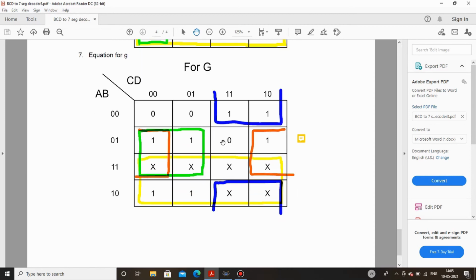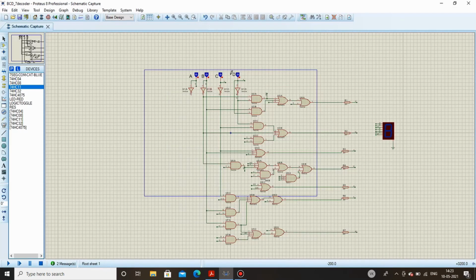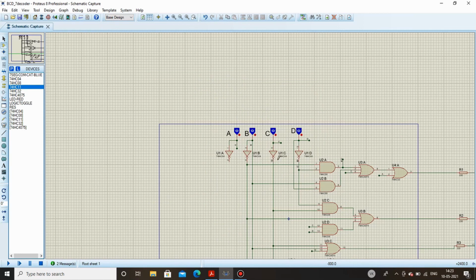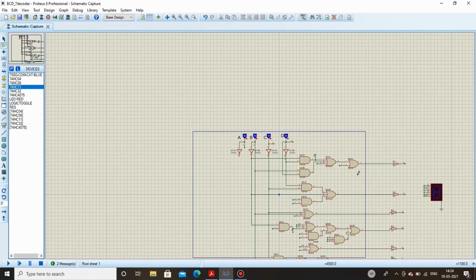So now we have seen the output equations for all the LED segments. Now I'll show you the circuit, and we will see how, depending upon the BCD inputs, we are able to see the output from 0 to 9. So this is the entire circuit diagram. This part is the BCD to 7 segment decoder's active high circuit. These 4 are the binary coded decimal inputs, and the circuit is designed with the help of outputs that we got from K-map simplification.